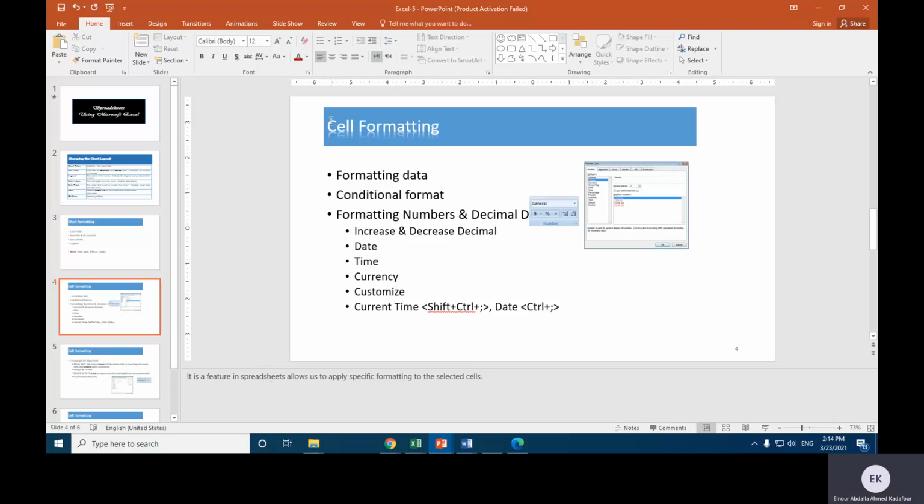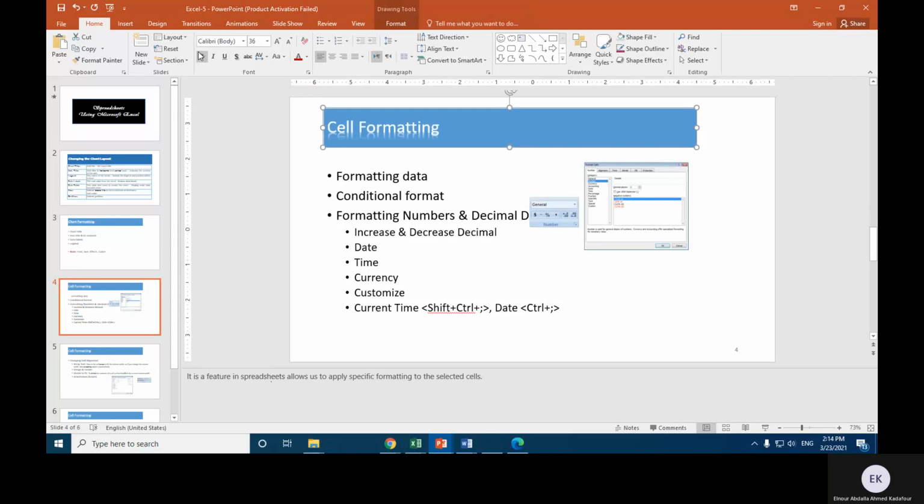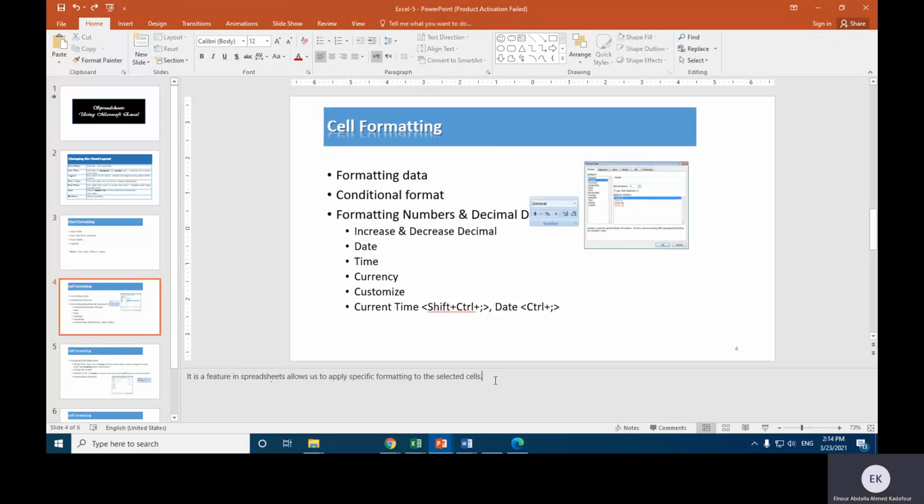Okay, within the cell formatting, first of all, please, everybody, I need to know what are the different contents within my sheet. Let us write: sheet contents. محتويات